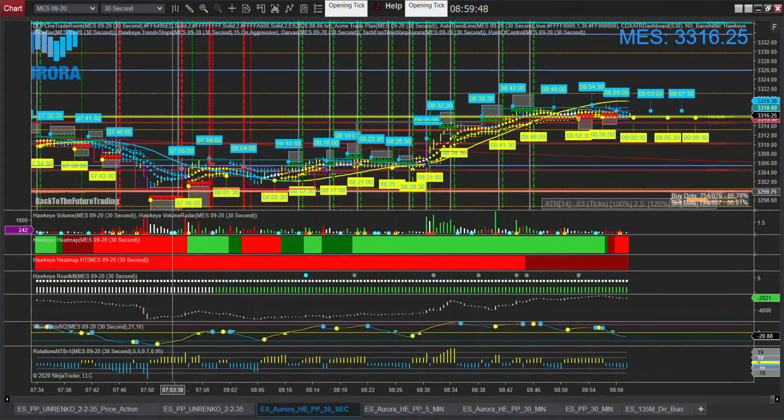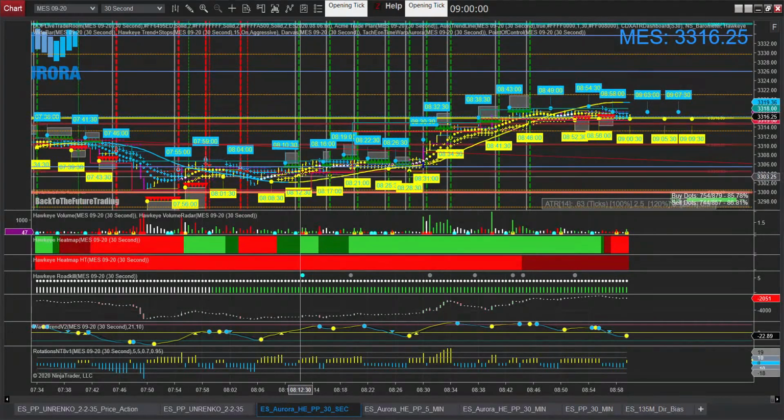We see price had gotten down. It pulled down this morning to about 3,300 and then started to bounce. But we started to get the signals at 8:12. So 8:12:30, that's your first clue that we're looking for longs. Another thing, we could look at the rotations. The rotations to the upside since around, well,